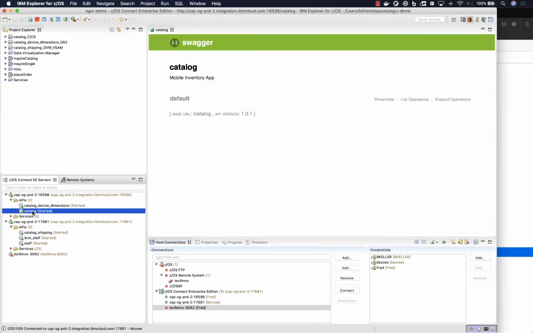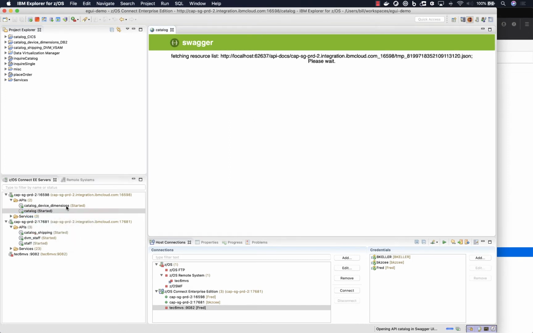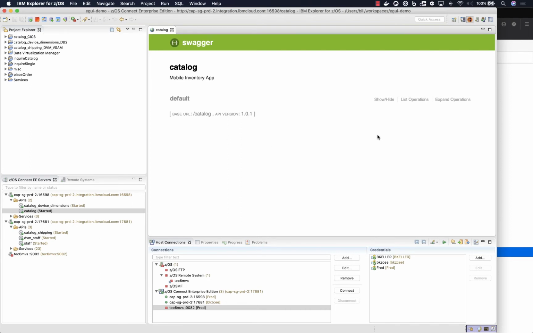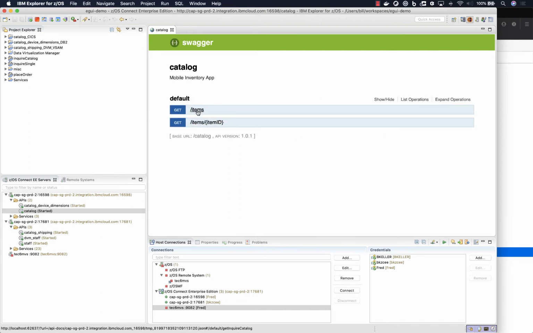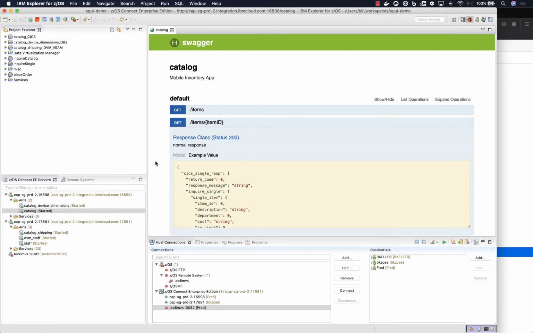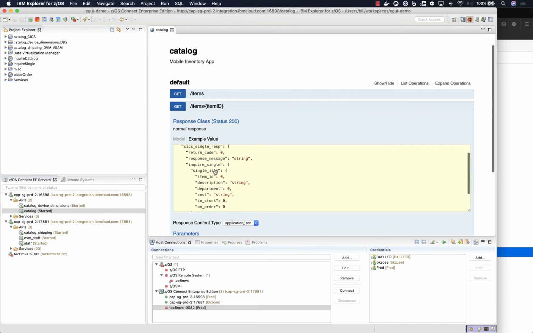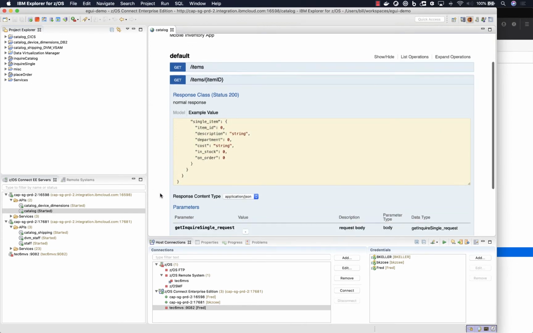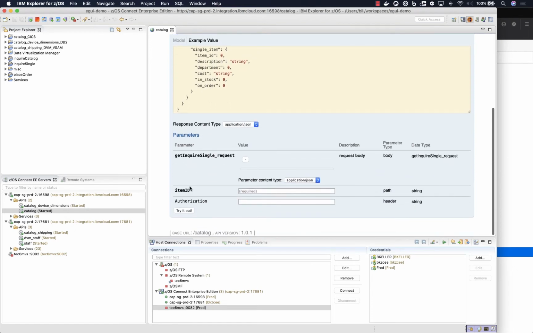And using the Swagger UI tool, you can not only see the definitions, in fact, I should slow down here. So here are the different APIs that I have defined. If I open that catalog API in the Swagger UI tool, that's what I have here. By looking at this, I can not only see what APIs are defined, so I can see that I have my query on the entire catalog API and a query on a specific item API. I can see the format of the response that I'll get back, a little easier to read than that Swagger doc, and then I can also test this